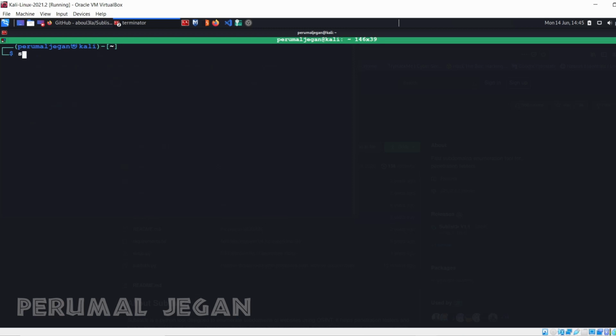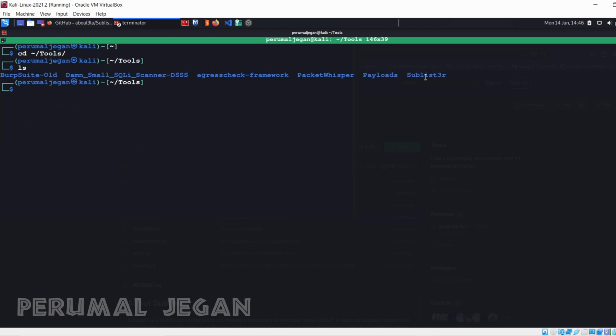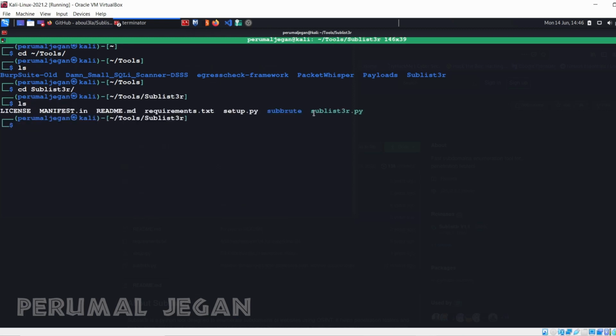So I have no idea about those tools. So I'm gonna use -h to know the available information, the available options on the tool. The tool name Sublist3r. All we need to do is to run this Python script. So in order to run this tool, you need to install the Python 3 in your machine and the Sublist3r script.